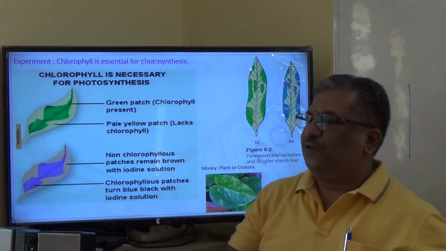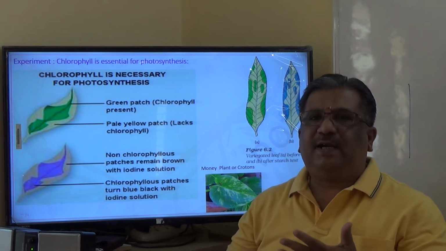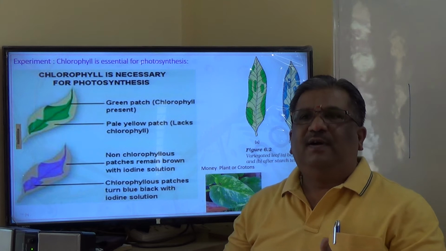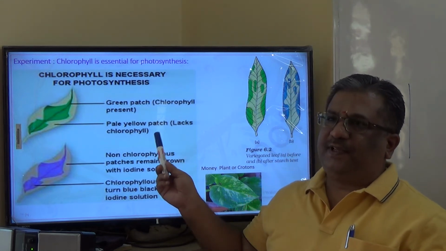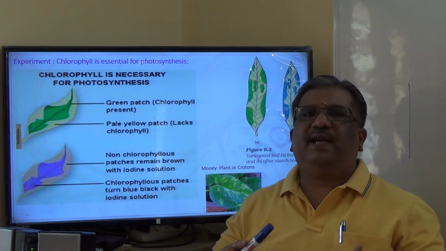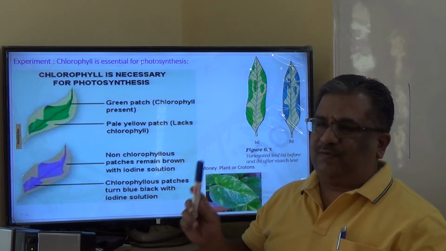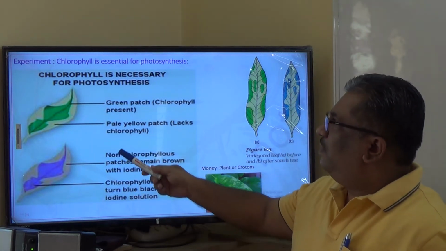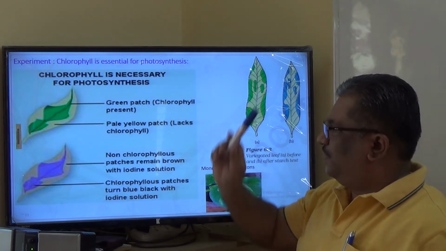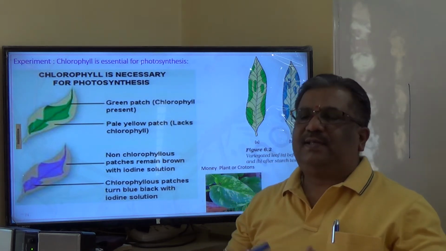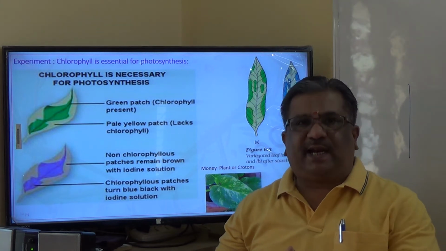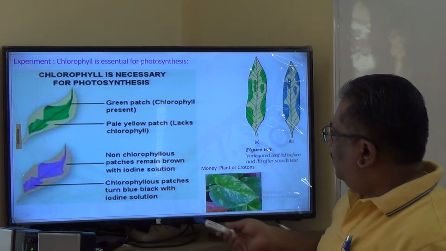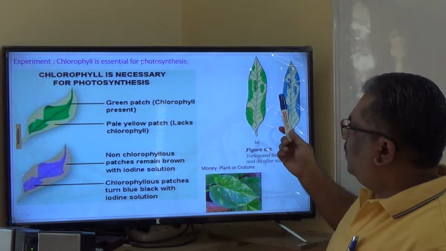So far we understood that the energy requirement of the plant is met by glucose, and glucose is a result of the photosynthesis process. We defined what photosynthesis is, and saw the three events that take place during photosynthesis. Now there is an activity and an experiment to show that chlorophyll is essential for photosynthesis. This activity is important. Sometimes you have to describe an activity to show that chlorophyll is required for the photosynthesis process. So here, there is an activity I just want to explain to you.